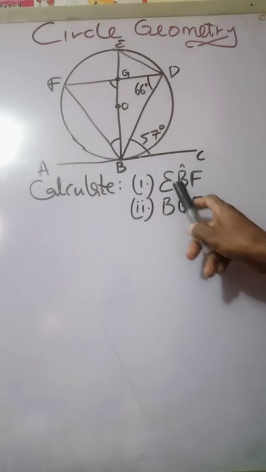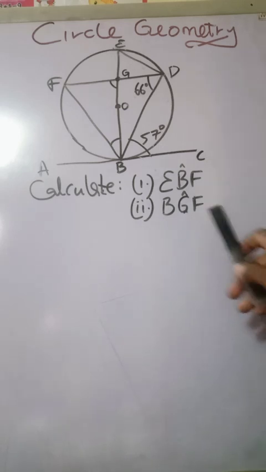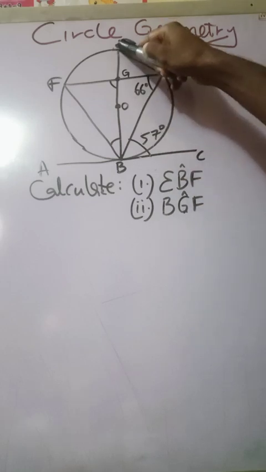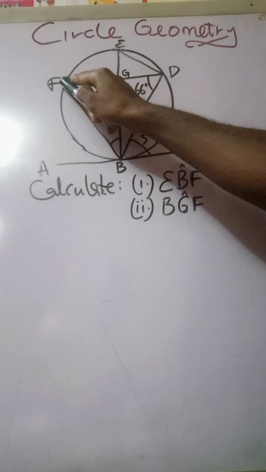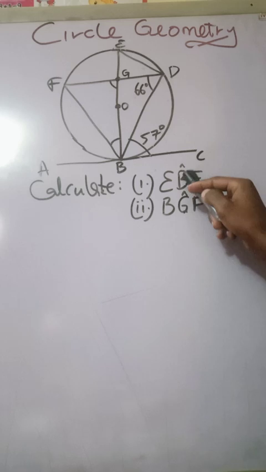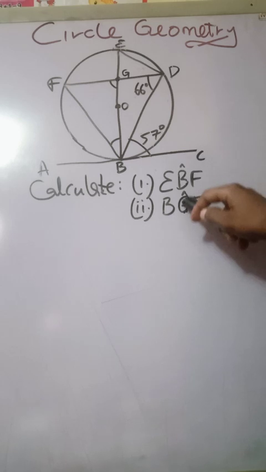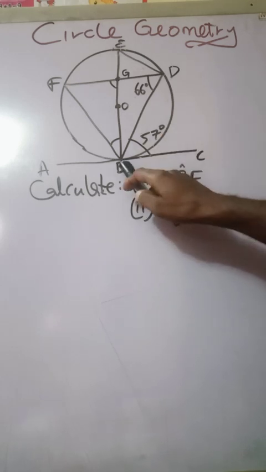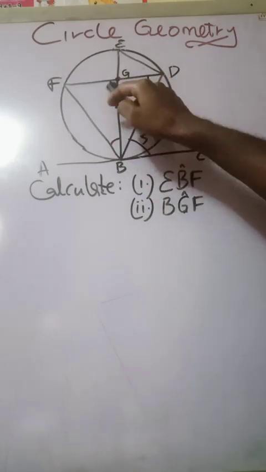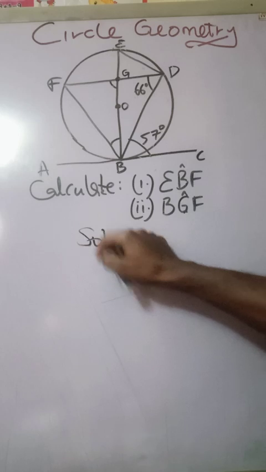Now we have two items to calculate. The first is EBF. EBF is like this: E, B, and F, and that's the angle where the middle letter is the point. BGF is located at point G. B, G, and F, and that's this angle. So we have this angle and this angle to find. Now here's what we do. For the first,